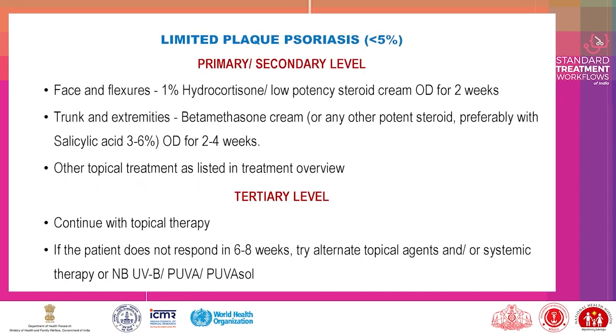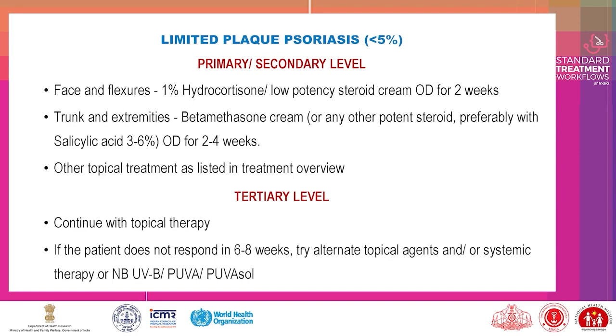Limited plaque psoriasis, primary and secondary level. Face and flexures: 1% hydrocortisone, low potency steroid cream, OD for 2 weeks. Trunk and extremities: betamethasone cream or any other potent steroid, preferably with salicylic acid 3 to 6%, OD for 2 to 4 weeks. Other topical treatment as listed in treatment overview. Tertiary level, continue with topical treatment. If patient does not respond in 6 to 8 weeks, try alternate topical agents and/or systemic therapy or NB-